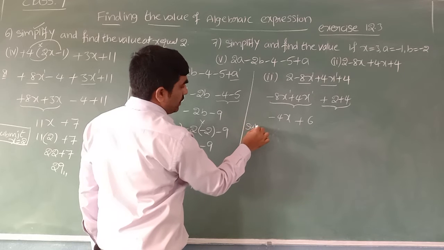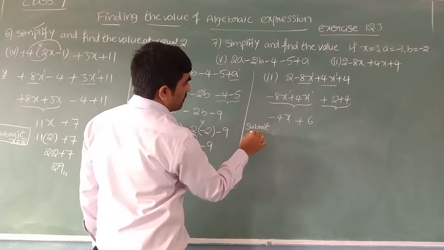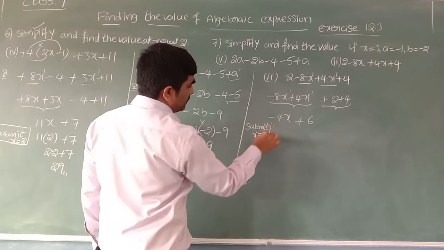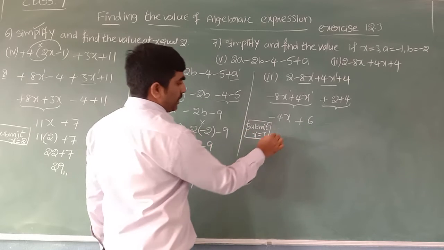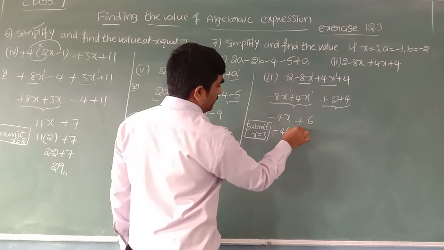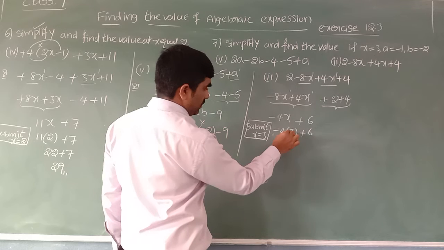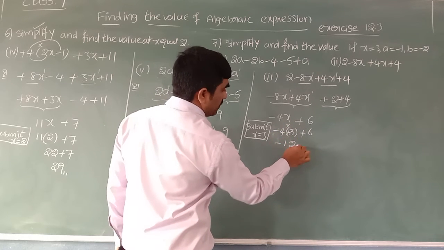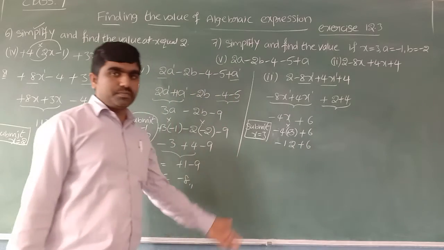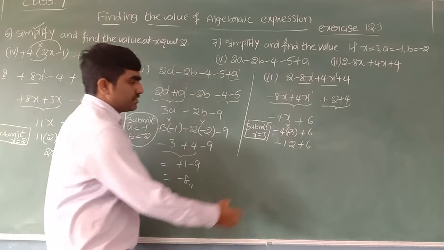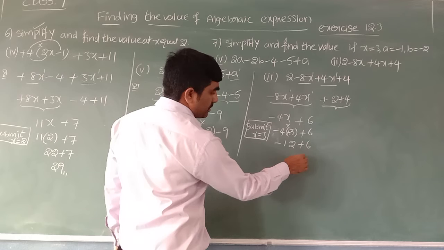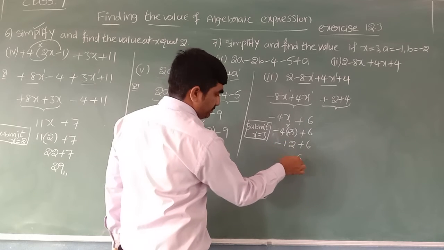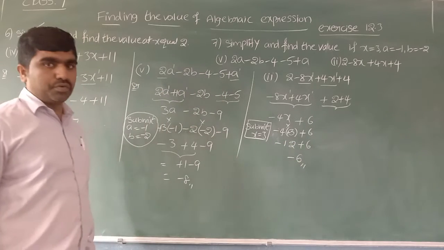3. Yes. Let me write here. Substitute x equal to 3. Minus 4 in the place of x, 3 in bracket, plus 6. You know, in simple terms, bracket means into: minus into plus gives minus 12, plus 6. So simplify those two constants, different signs, subtract: 12 minus 6 is 6, and take the bigger number's sign. Hope it is clear to all. How to find the value?